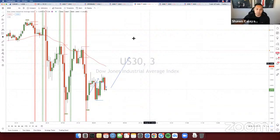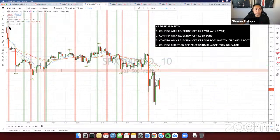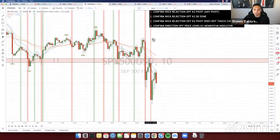All right, so I'm gonna go back to S&P real quick. We have some time. I'll pull it back up if we do have a signal there. But anyways, just looking at S&P right here, this is what I was looking at earlier. So if you guys were following S&P earlier and you caught the move right here,